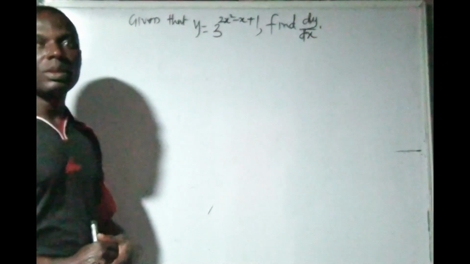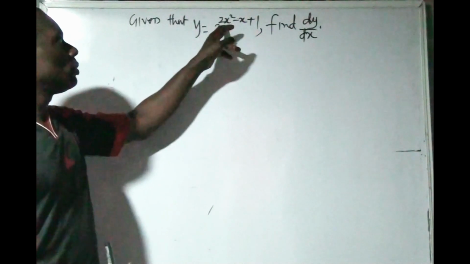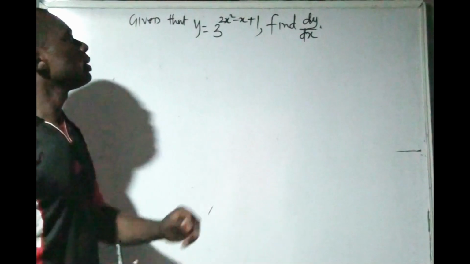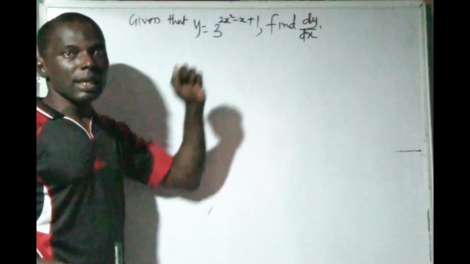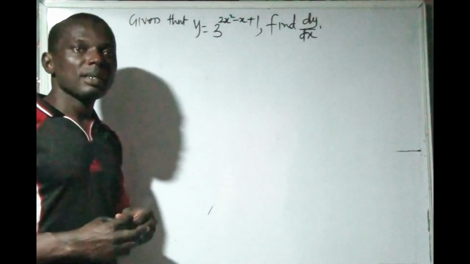This question has to do with exponential functions. We have y is equal to 3 raised to the power 2x squared minus x plus 1. Find dy/dx. Then how do we do this? First and foremost, we must apply